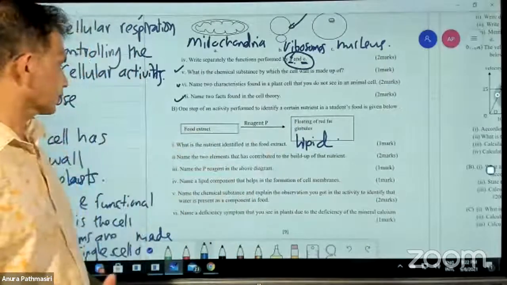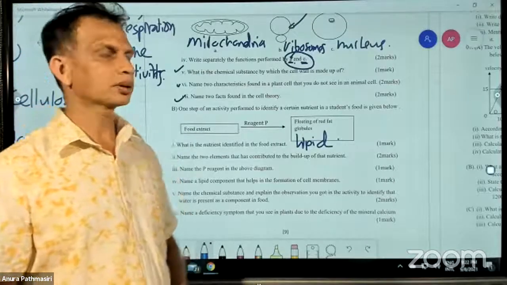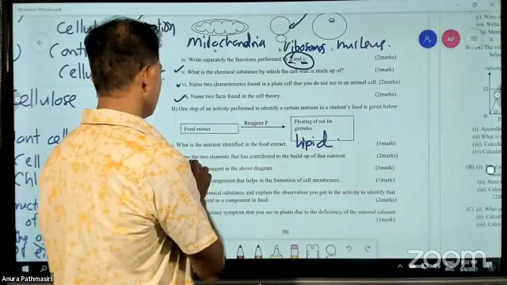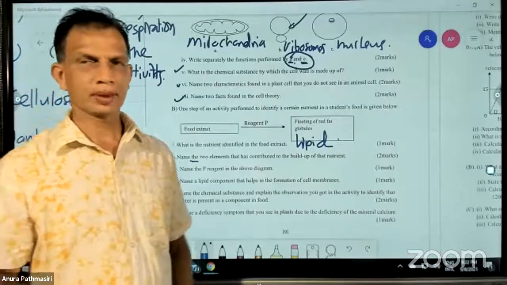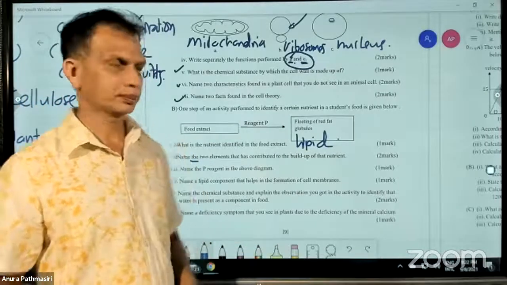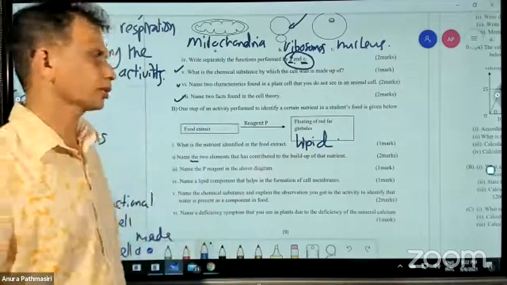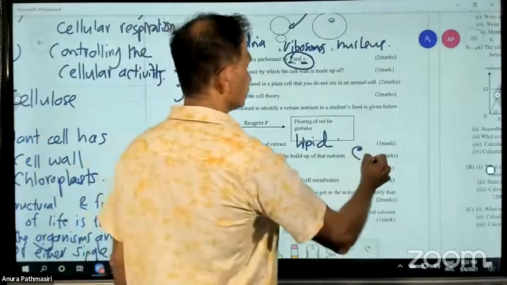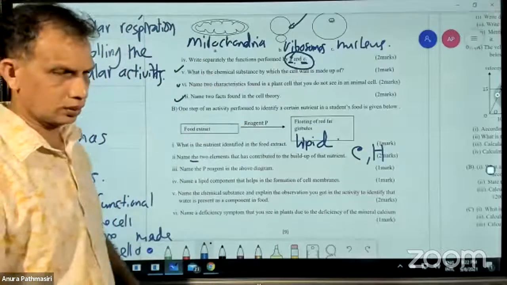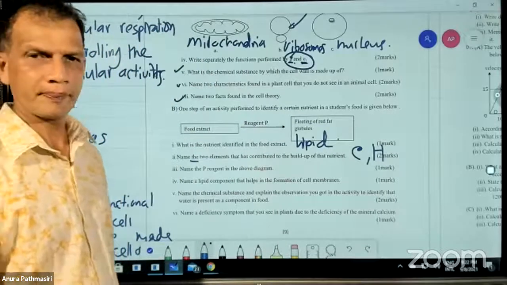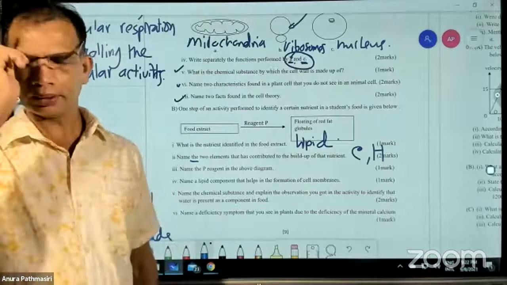Name the two elements. Carbon and hydrogen. Can you say name the two elements? What does it mean? That means lipid is made of only two elements. It is not, right? Carbon, hydrogen, you can have oxygen. Fatty acids and